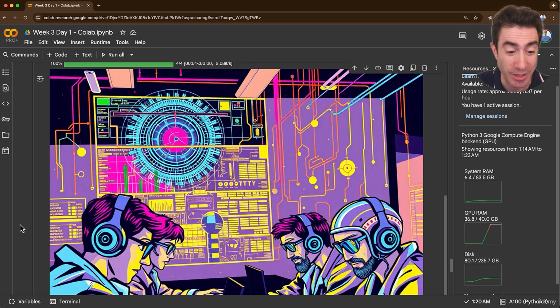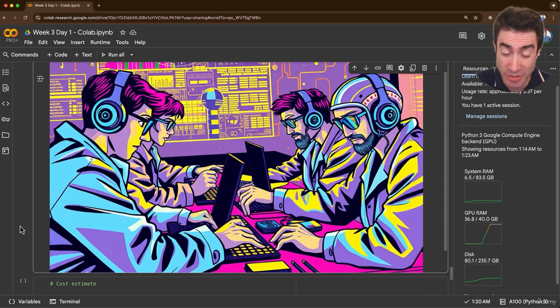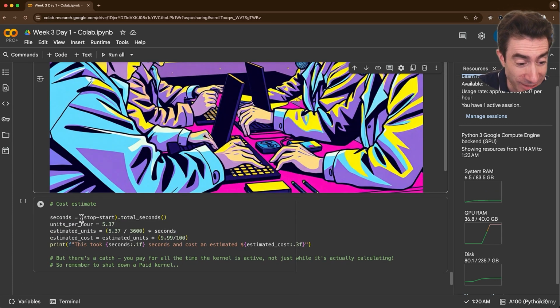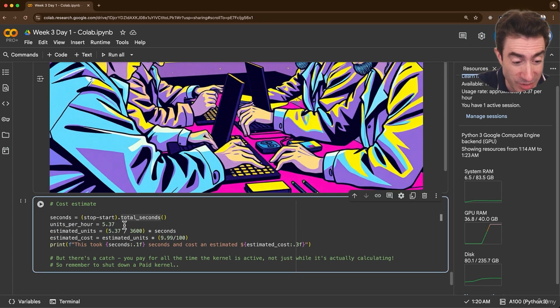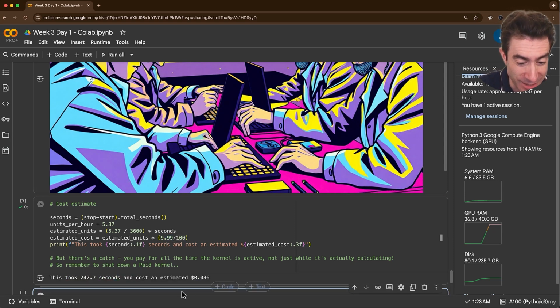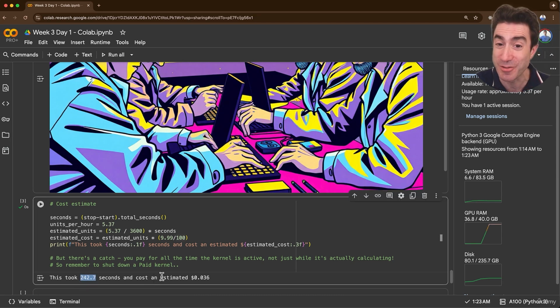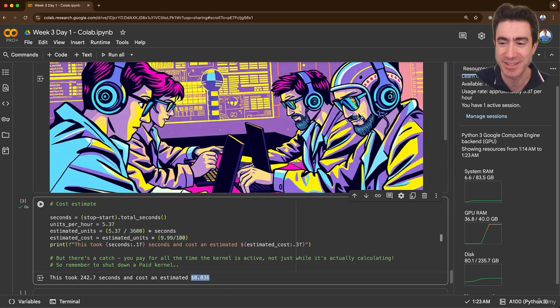And you may be wondering how much it costs to do that. So I did a little calculation here. I got the total number of seconds, calculated the units per hour, and then turned that into an estimated cost based on the fact that it costs about $10 to have 100 units. And so it ends up that in the end, it took 240 seconds. And my estimate, if I've done the maths right here, is that it cost 4 cents for us to create that image